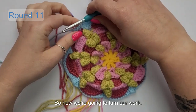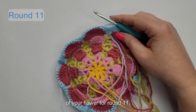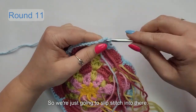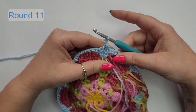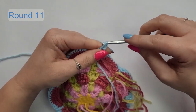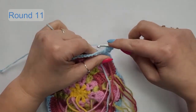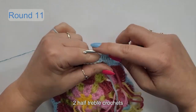So now we're going to turn our work, so we'll be working on the back side of your flower for round 11. So we need to slip stitch into your chain 2 space to start off with, so we're just going to slip stitch into there. So now we're ready to begin, and you start with a chain 1, and it's 1 treble in the chain 2 space, and then we're just going to be working into these stitches, so it's 2 trebles, 2 half trebles, crochets,